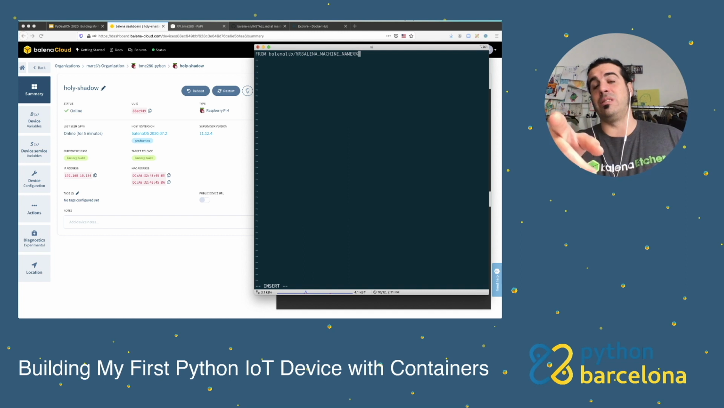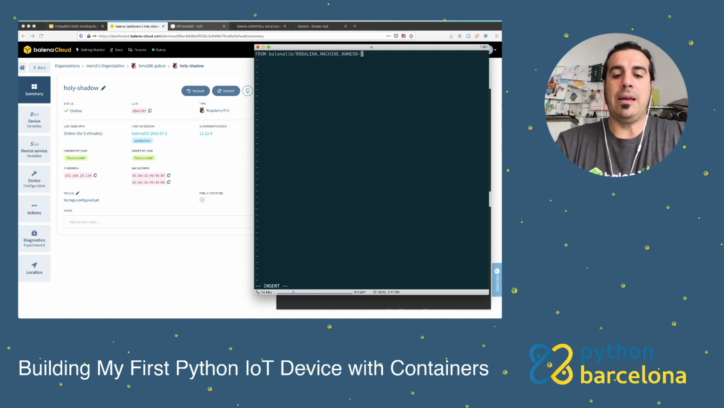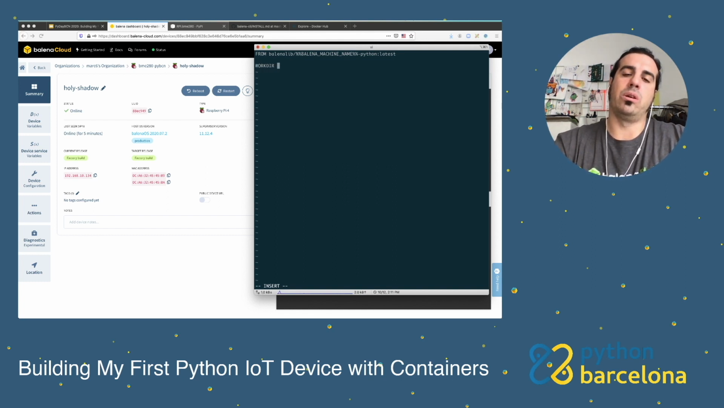In this case, you're going to see in a bit, when we just push the containers to Balena, that Balena is going to translate this into Raspberry Pi 4 64-bit. Okay, and now we say that we want the Python image and the latest. You can specify the version that you want. I'm going to say that the work directory is /usr/src/app. We are going to run something important, that is pip install